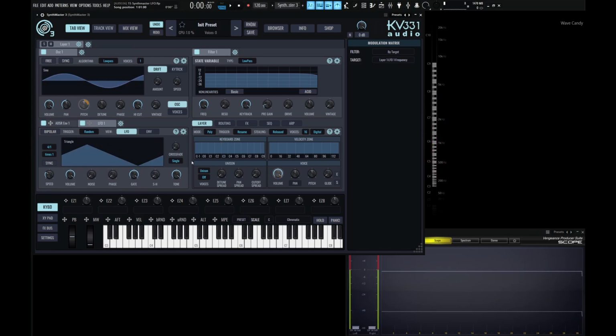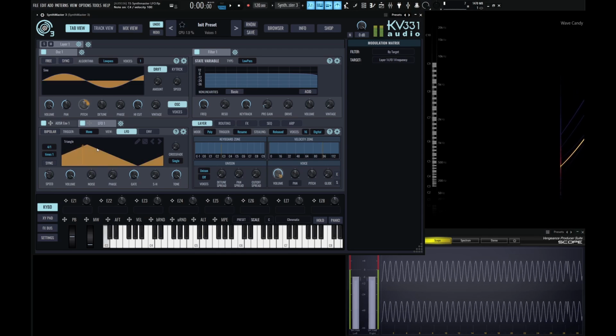And finally, the last mode here we have is called mono. Now with mono, the LFO will only restart its cycle if no notes were being held before a note is played. So if I play a note and I hold it and then play other notes at the same time, the LFO will not restart its cycle. I have to first let go of all the notes that I'm playing and then play a new note for the LFO to reset. So here's the first note, and if I play another note,